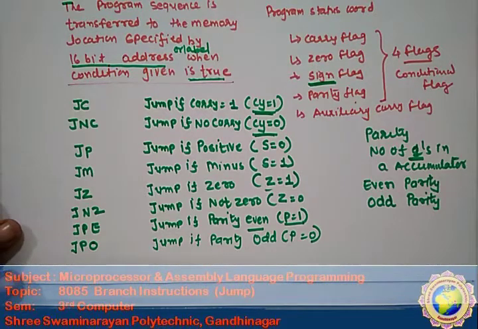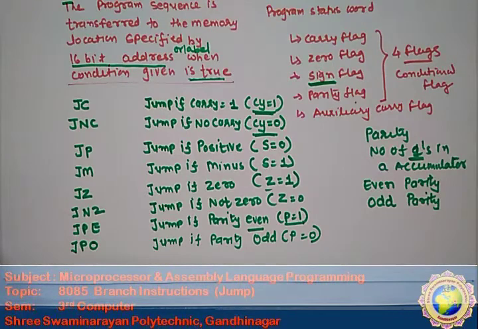The while is the conditional jump, and the go to statement you have studied in the C program, the go to statement is the unconditional jump. Go to statement ની અંદર કોઈ પણ જાતની condition check કરવામાં આવતી નથી, but the while statement uses the condition. જો condition સાચી હશે તો જ એ ડેટાનો સિક્વન્સ તેને પ્રોગ્રામનો ટ્રાન્સફર કરવામાં આવે છે, otherwise it doesn't transfer. એ ટ્રાન્સફર કરતું નથી.